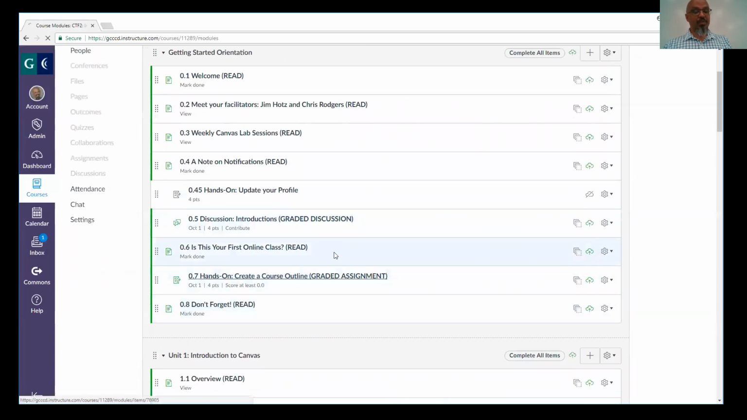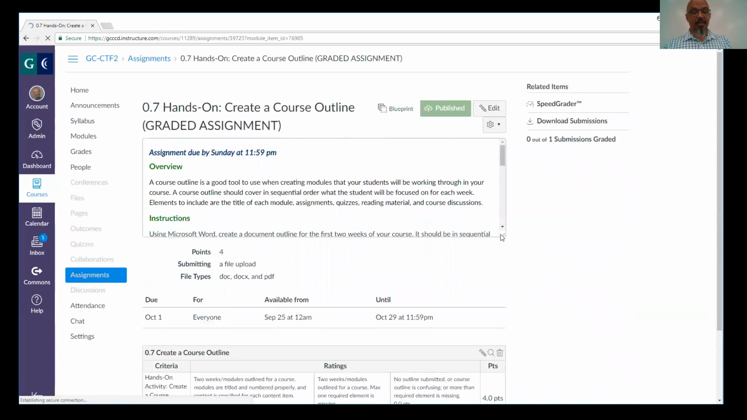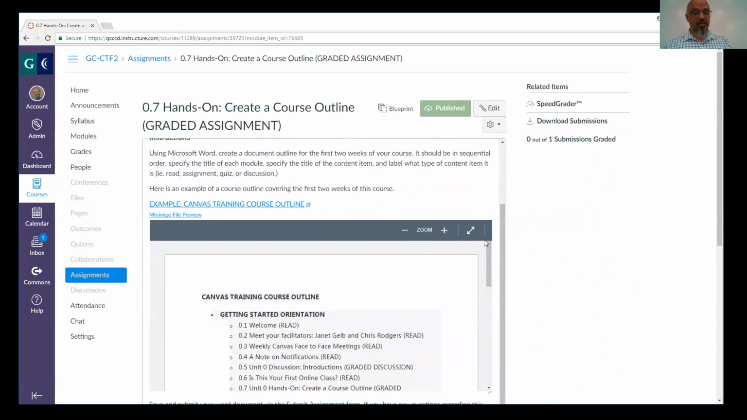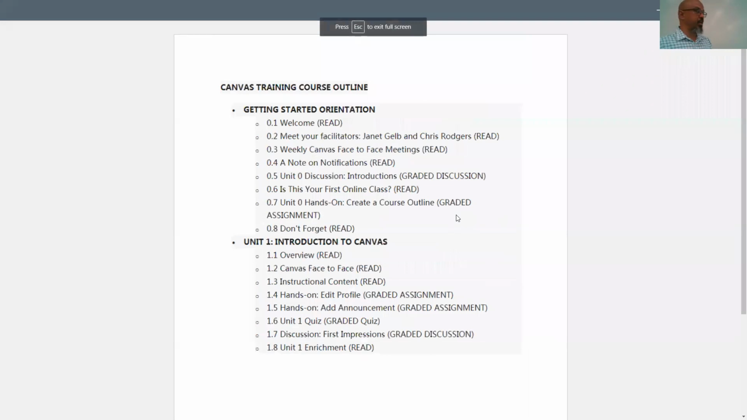Just for the sake of knowing right now, all you need to do as far as the create or outline assignment is follow the outline that I have right here. Open up Microsoft Word, create 2 modules, label them however you want, week 1, week 2, for a specific context. Number your content items accordingly, and then put the appropriate context right there. Now notice